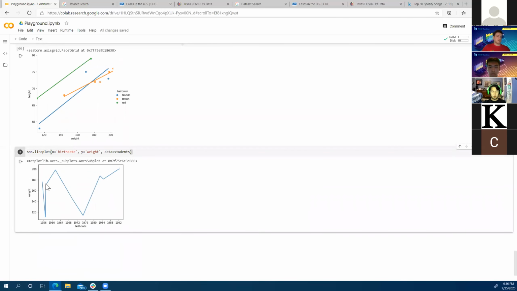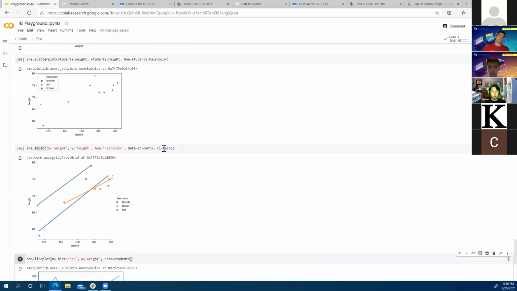And that's just a regular line plot. So normally those would just be a bunch of points, but the line plot interpolates between those points and just draws lines. I see a question in chat. What is CI equals false? I believe that turns off the confidence interval.